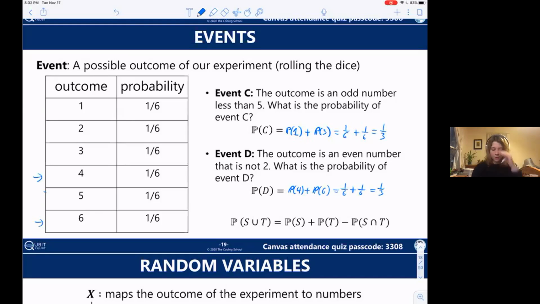If you have the probability of S being the case, but T is not the case, we want the probability of